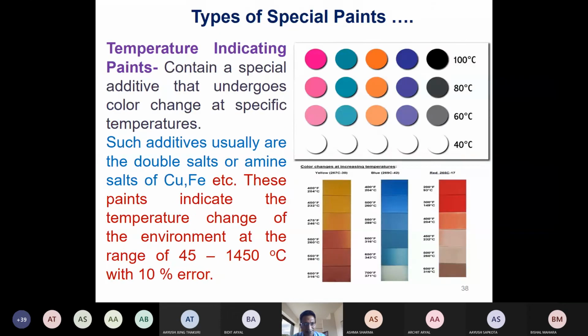And temperature indicating paint, which will change its color according to temperature. This paint contains a special additive that undergoes color change at a specific temperature. Such additives are usually double salts or amine salts of copper, iron, etc. These paints indicate temperature change of the environment in the range of 45 to 1450 degrees Celsius with